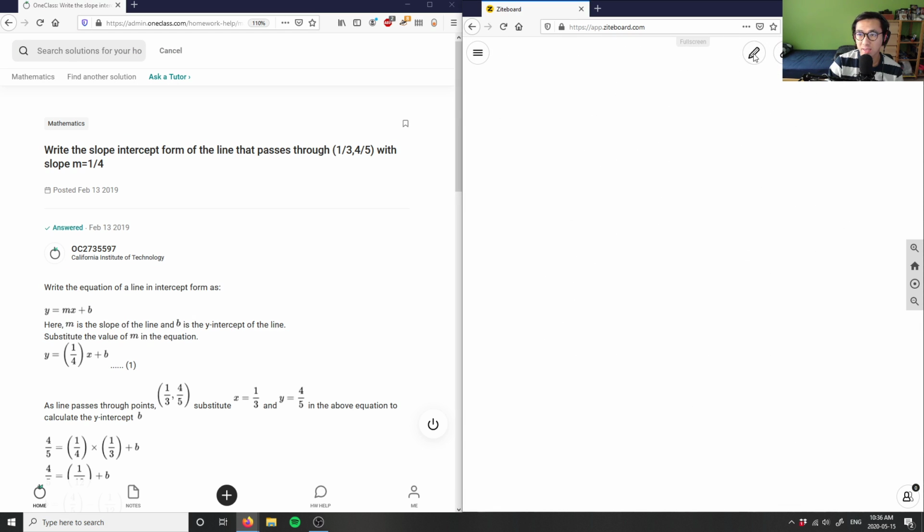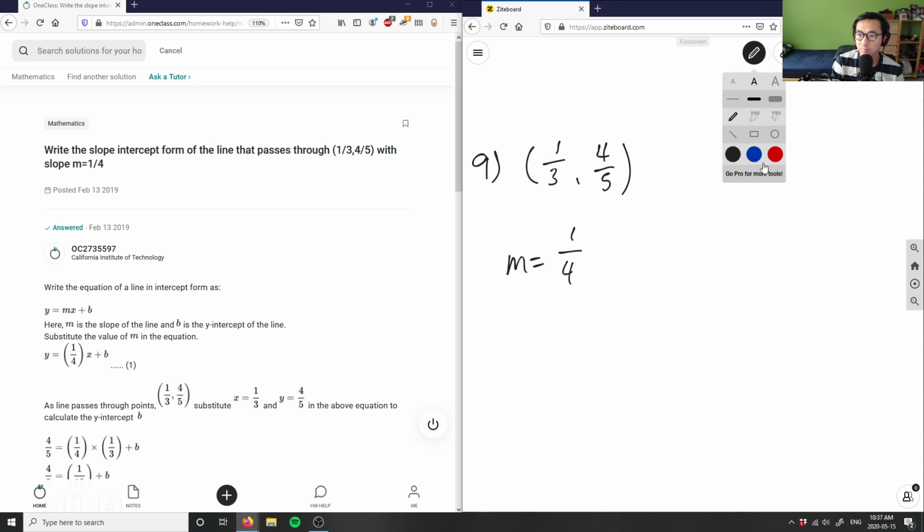Number 9 is asking us, write the slope-intercept form of the line that passes through 1/3, 4/5 with a slope of m equals 1/4. So I'm basically given a point here, 1/3 and 4/5, and my slope here, I'm going to write m here equals 1/4. So in order for us to solve this guy here,